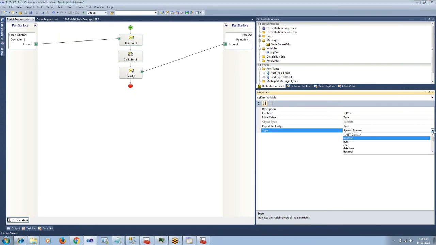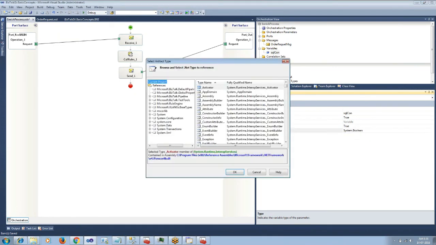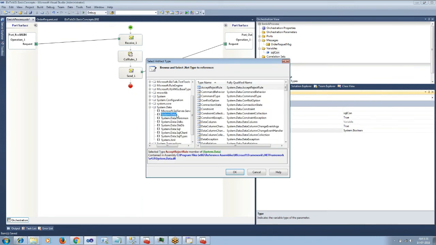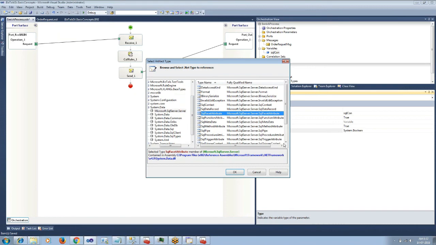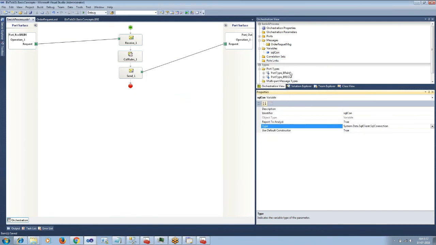So I browse for .NET class and then choose system.data.SqlClient.SqlConnection. Then I will create a variable for BRE connection,